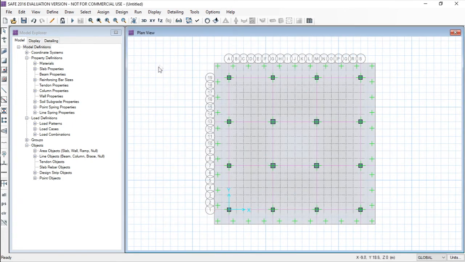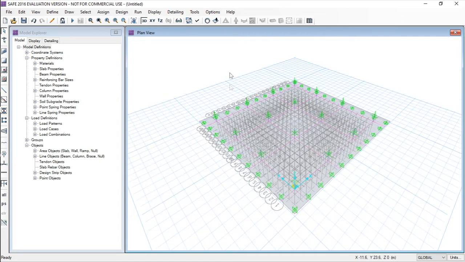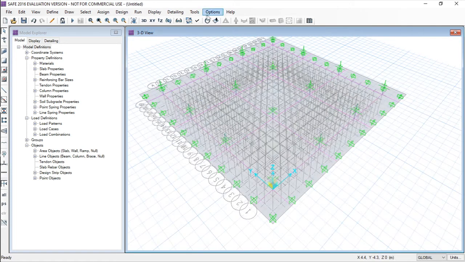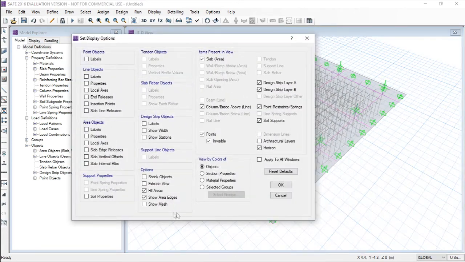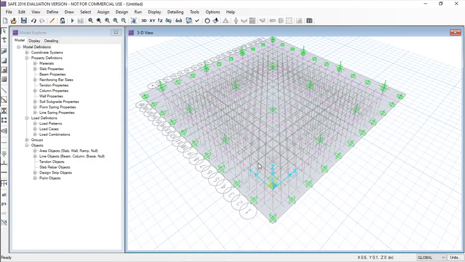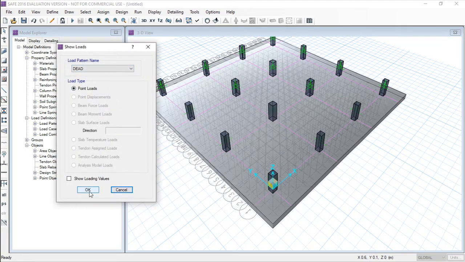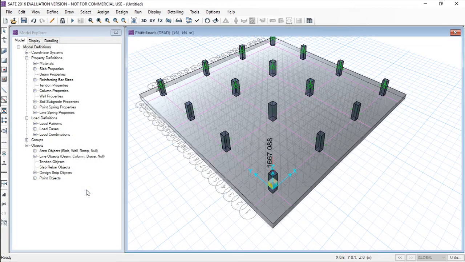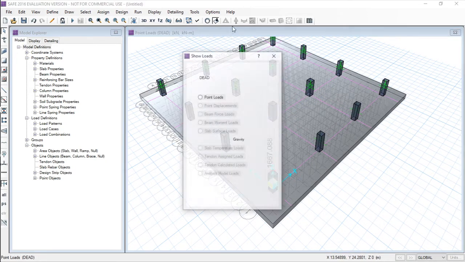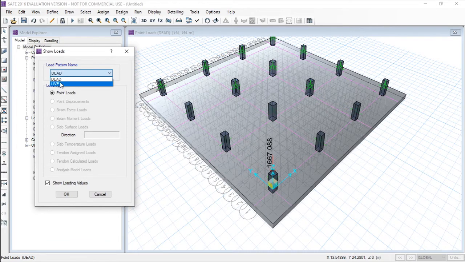We can also ensure it from the visual impression. Just go to the 3D menu, select the extruded view, and go to the load section and show load for dead load, show value, and click on OK. You can see that the load has been added, and you can also see it for the live load.